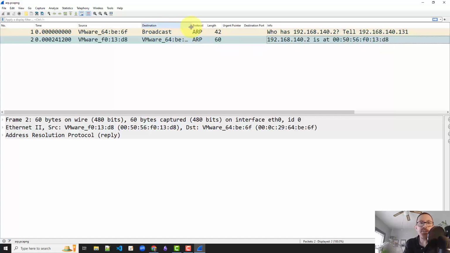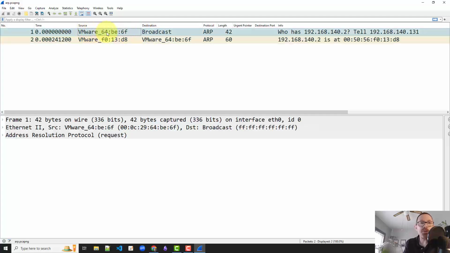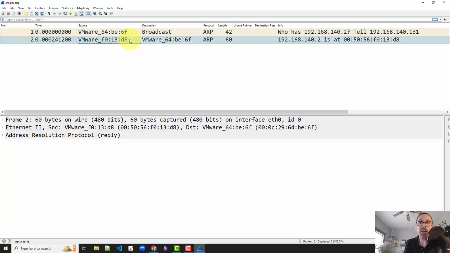So we can see, if I make these a little bit bigger, I'm zoomed in. So originally the source was my computer. That's the hardware address of my computer. The destination was a broadcast going to everybody, but the reply came from that one computer who had that IP address. And the destination in this case was just a single recipient, my computer here. So we see the 64BE6F was the source originally. The second packet that I captured, the destination was that